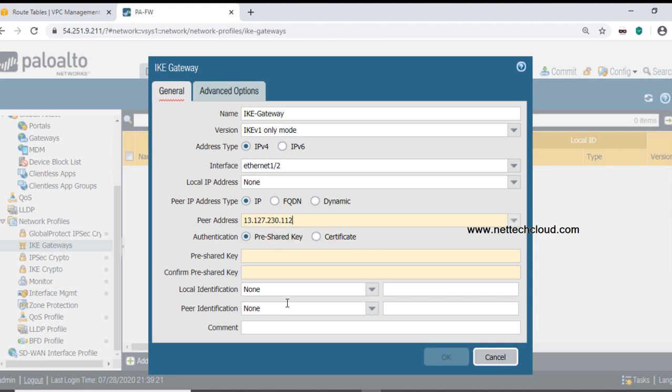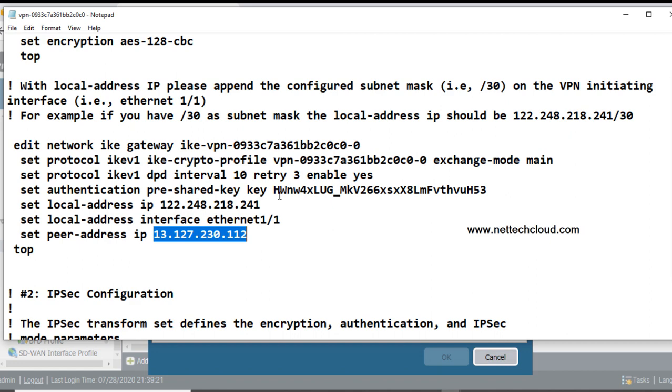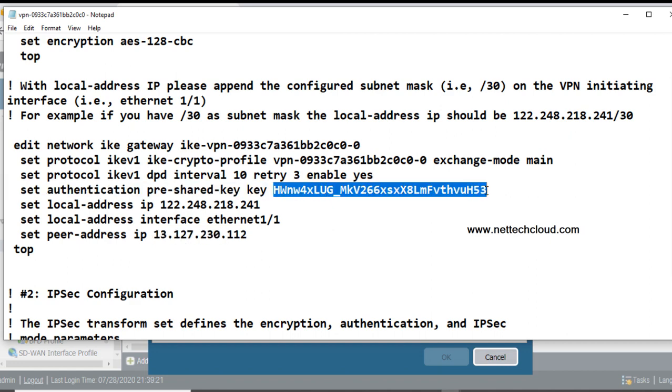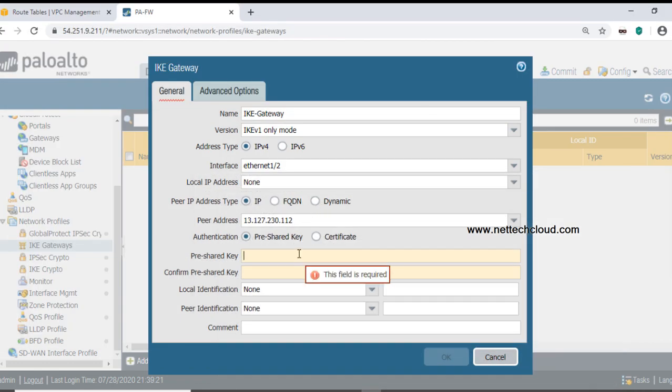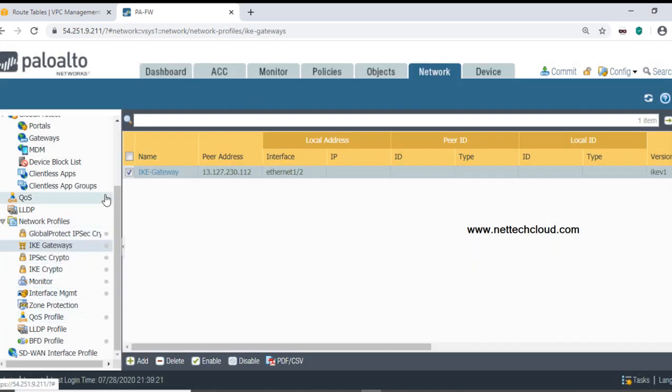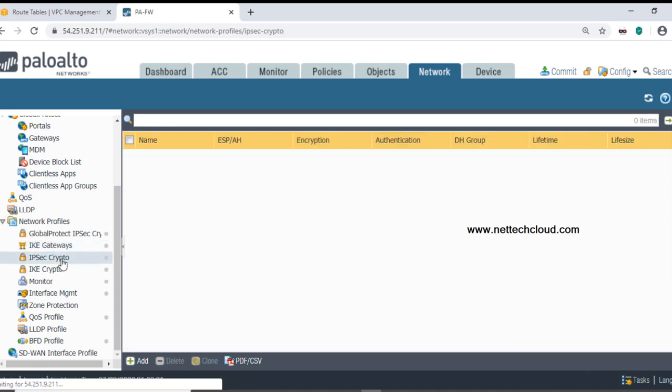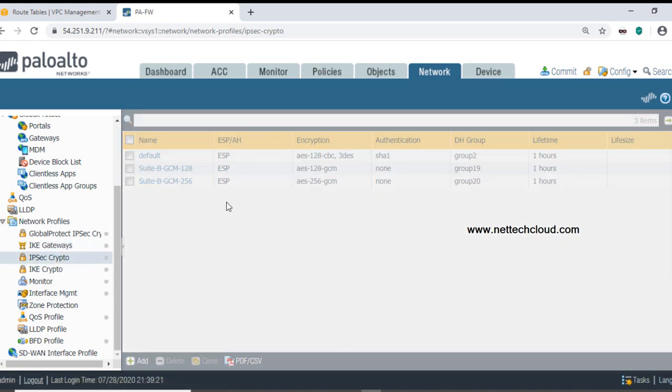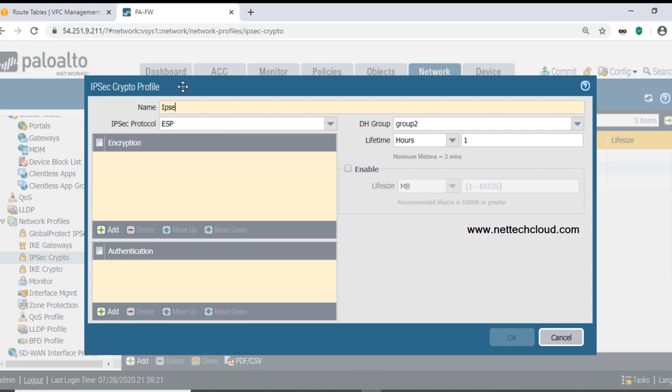Okay, and then the pre-shared key, the VPN peers authentication. The pre-shared key is this one. There is certificate based authentication and pre-shared key authentication. Paste it here. Advanced options, associate IKE phase 1 with it. Done. Dead peer detection and all that, I'm not going to match those parameters here. And then once it is created, phase 2, the IPsec crypto, is the phase 2 configuration. IPsec or phase 2 crypto.